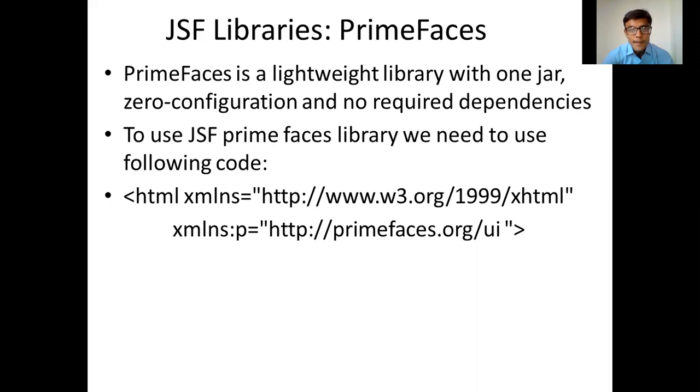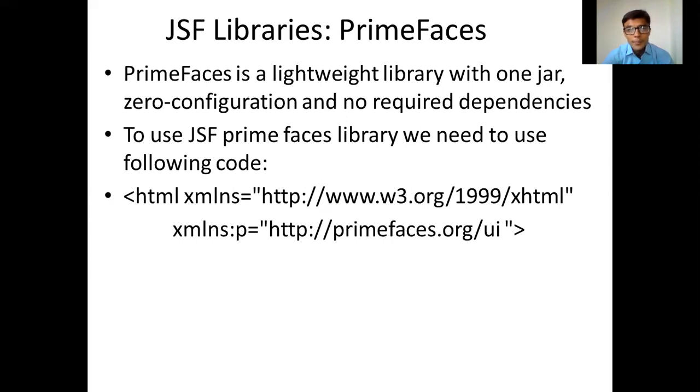So basically, the PrimeFaces library comes with zero configuration and no requirement of any dependencies, because we know that there are lots of libraries which are dependent on each other. To use such a library, we have to define and configure many dependencies in the deployment descriptor file, etc. Right?